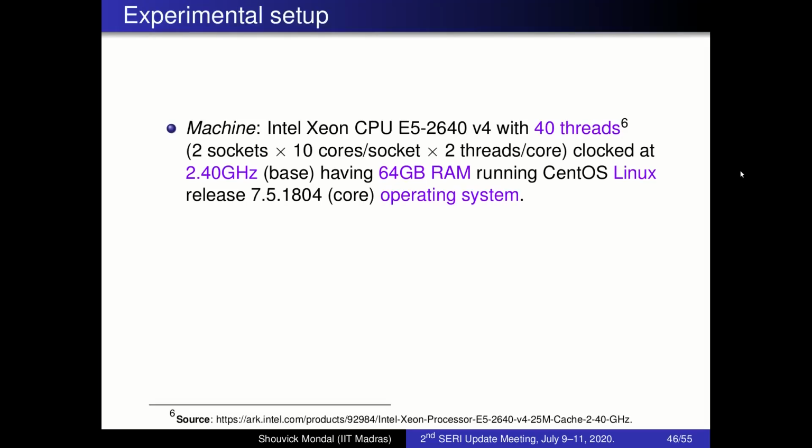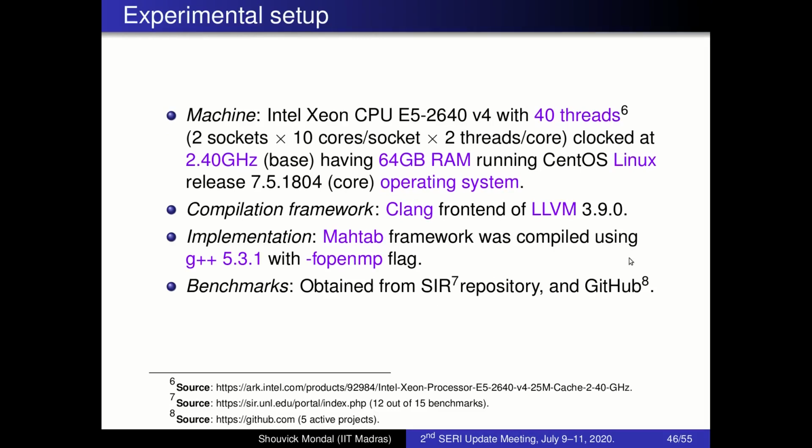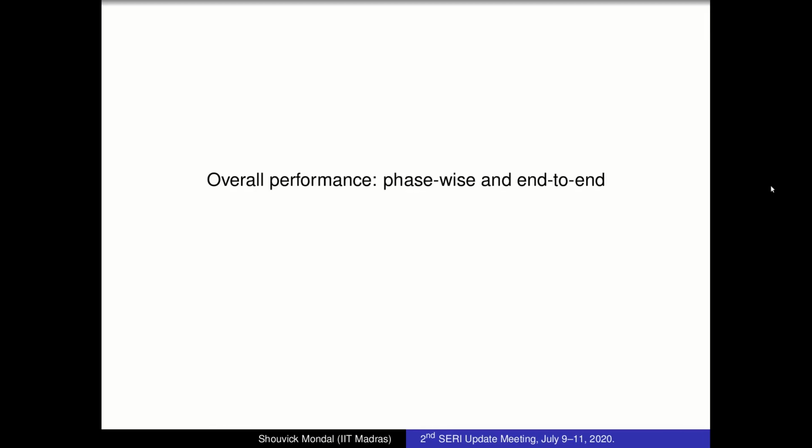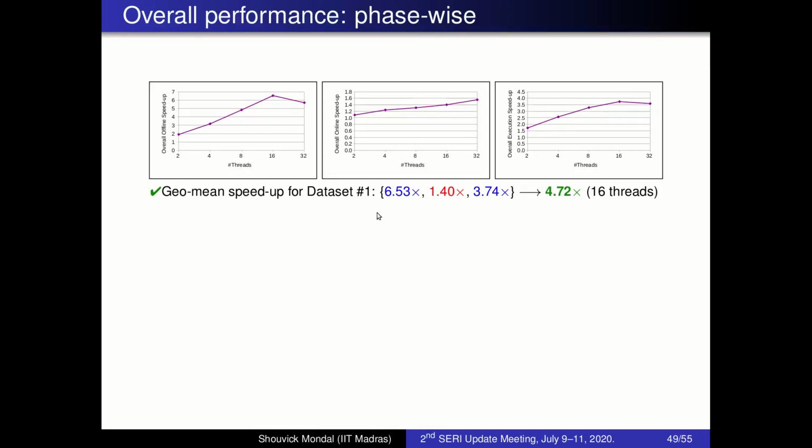So to move on to the experimental results, we have a 40 threaded configuration. Benchmarks: we had shared repository programs and GitHub projects. In GitHub projects, the thing to be particularly noted is the disk space overhead because this will directly affect the speedup. And this also says that load imbalance might come into the picture. So overall performance, like geomean speedup for dataset 1, we have the bottleneck as 1.4. So 16 threaded is the optimal and then it dips. Because these two involve execution of the test cases, that is the offline and the execution phase. In online we don't have this because most of the processing is in the primary memory.